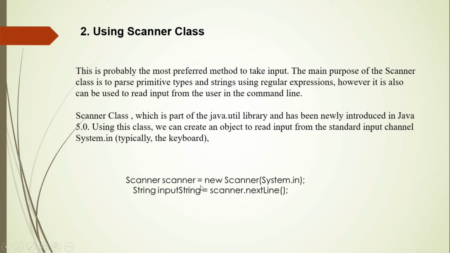First we create the object of the Scanner class. Here I am giving the name scanner for the object. You can choose any name. When creating the object, you should pass System.in as the argument of the Scanner class. Then call the method nextLine and the input data is stored in the variable on the left side. Okay.